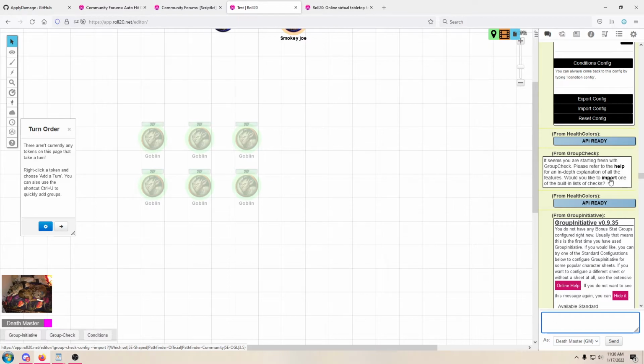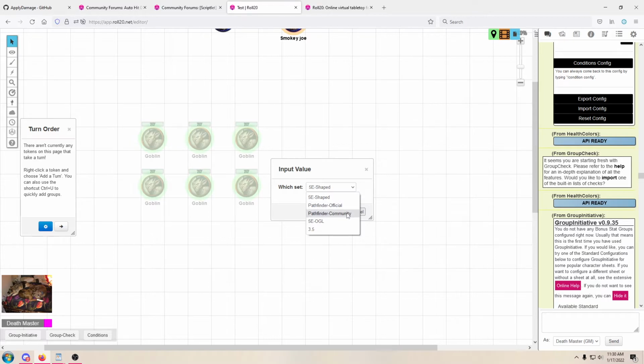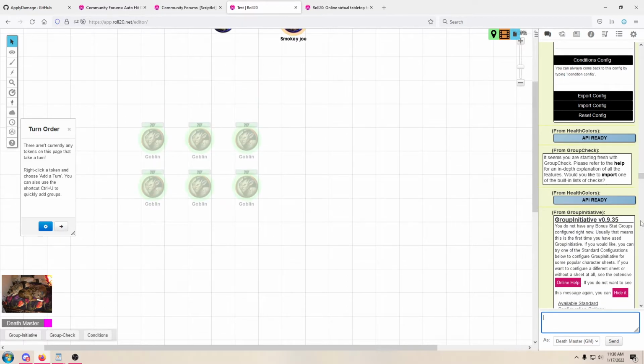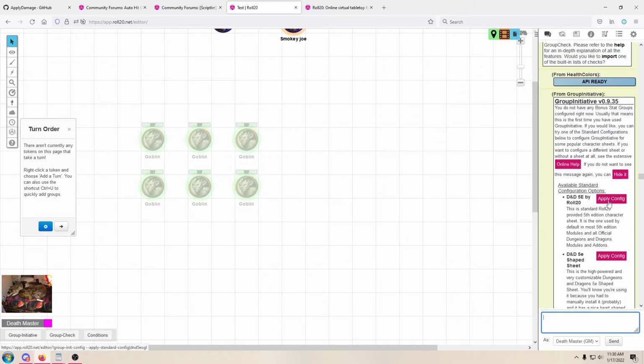You're going to want to bring in something that goes with the sheet. If you're using the OGL sheet or the Shaped sheet, I'm using the OGL. You would click submit, and it will import these sheets to go along with the characters. And with the GroupInitiative, you just have to click the button that says apply config,